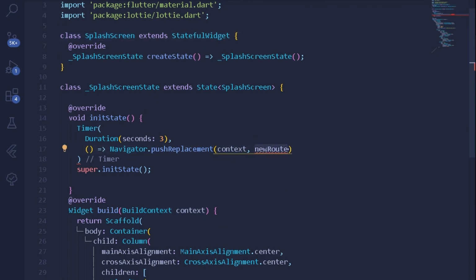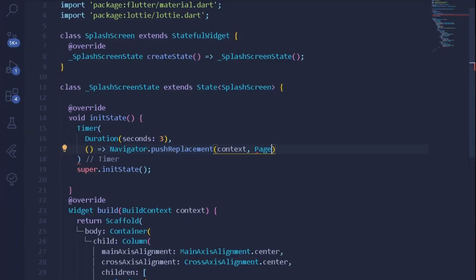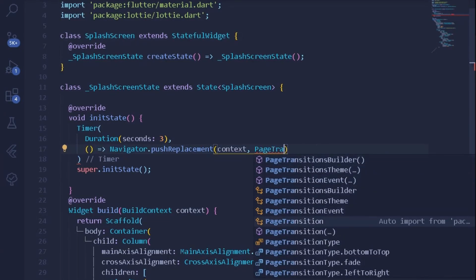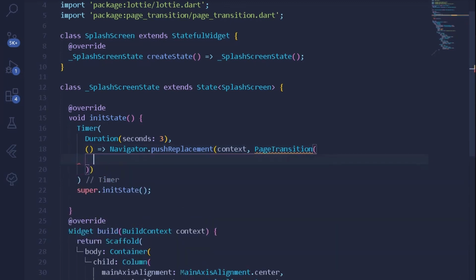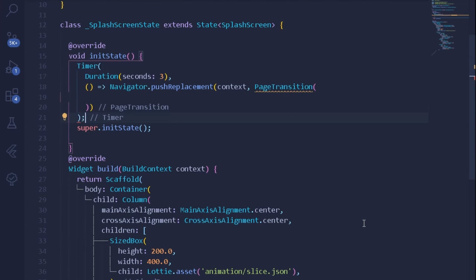Now instead of using the old traditional navigator, I will simply use a page transition. So here I will simply write PageTransition, and under this it will take 2 main parameters. Okay, first of all let's import it. So it will take mainly 2 parameters, first of all the child itself. So for child I can simply write my home screen. Also it will be taking a type.